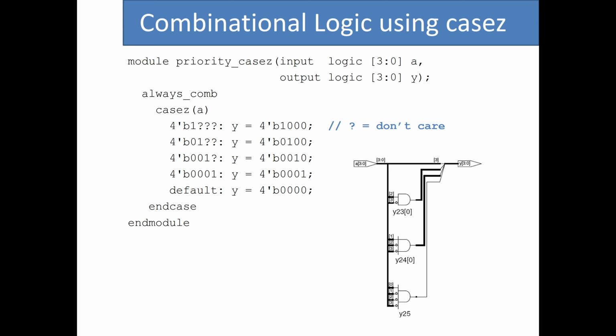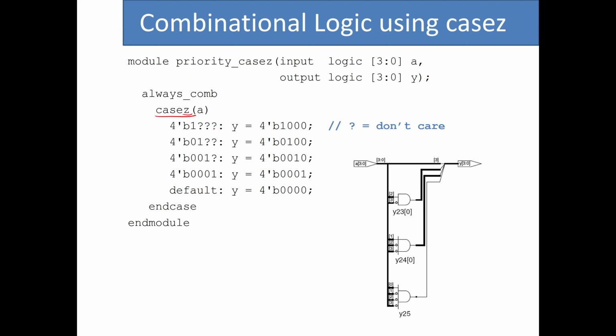And that's actually what we have here. Instead of the case statement, we can use a casez or casex statement. Just keep that in mind. This allows us to use don't cares as well. To represent don't cares, instead of the values, we can use